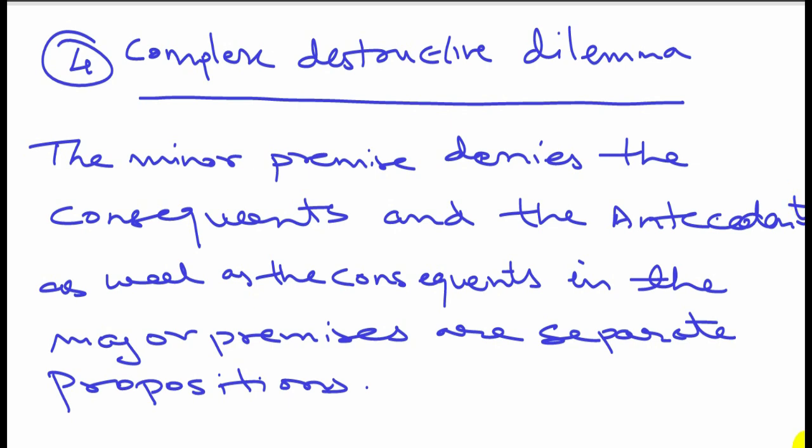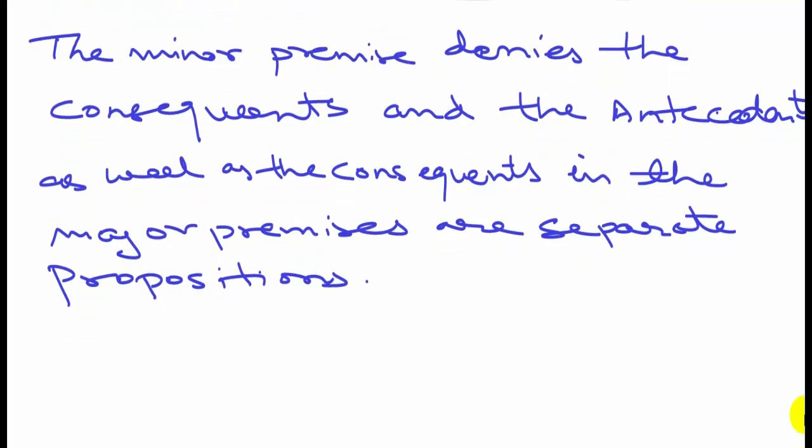So, how do we represent this? It says the minor premise denies the consequence, and the antecedents as well as the consequence in the major premises are separate propositions. That is,